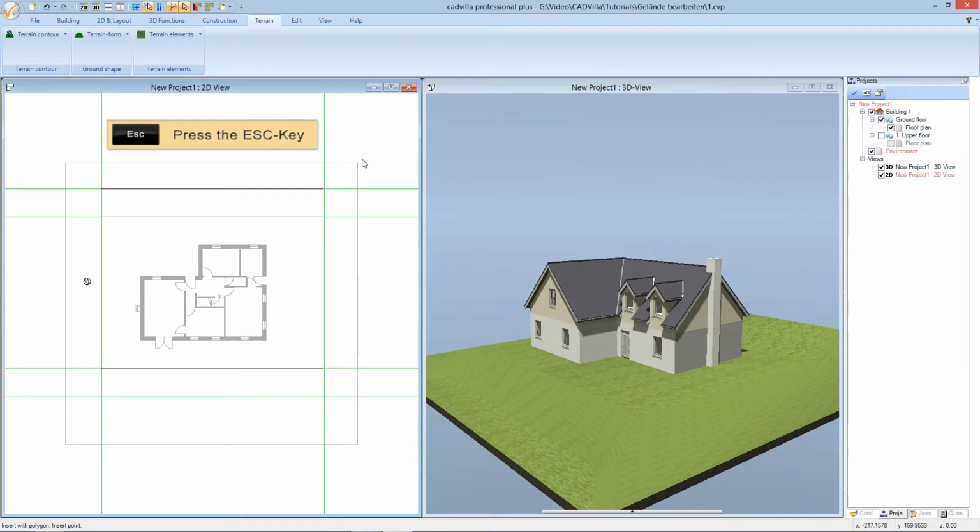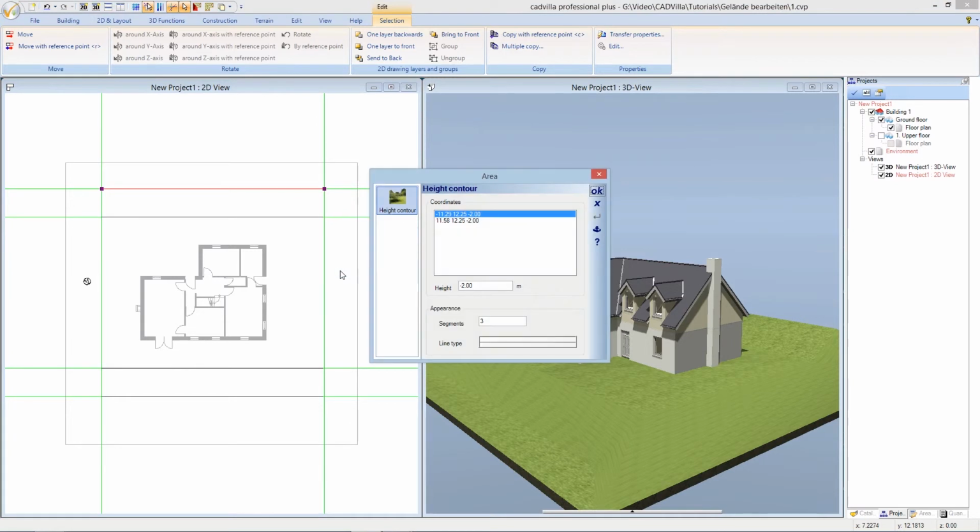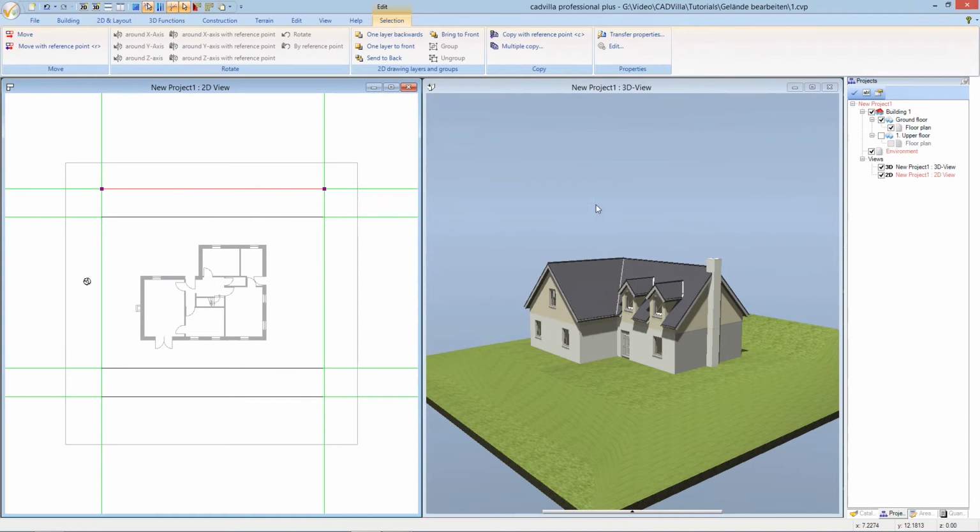We press Escape and now we can see in the 3D view that also the terrain in the back of our model home has a new level. If we would like to make any changes at a height contour, we select the contour, we press the right mouse button and we select Properties. In our example, we don't need to make any changes and we close the dialog. We press Escape